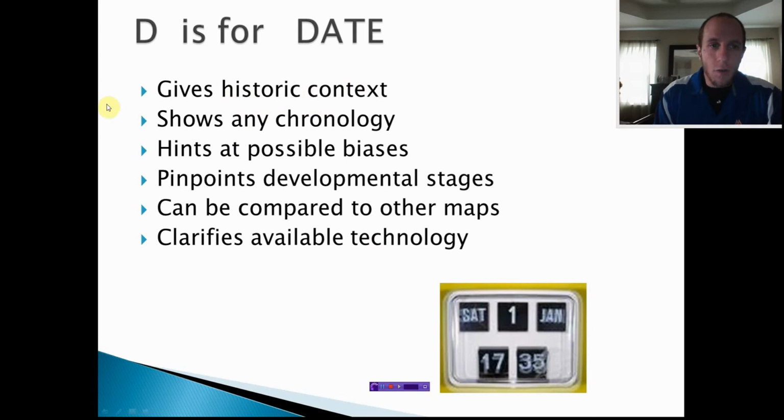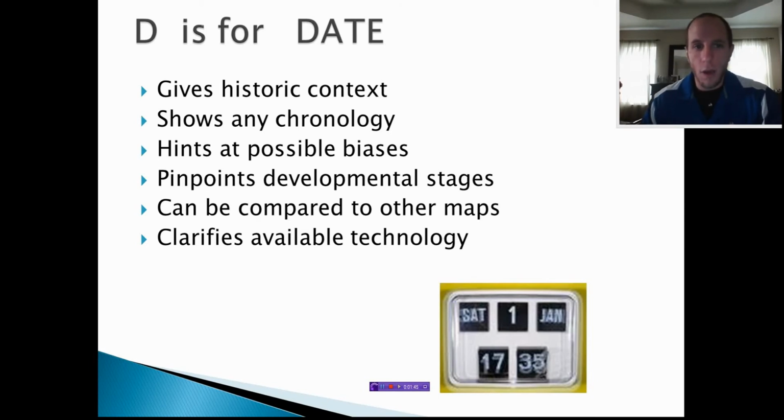Without historic context, you might be looking at a map or information that is actually really old and no longer is pertinent to what you're trying to study. For example, we're going to learn in class how a lot of political boundaries changed and moved over in Europe. New countries were added in after World War II, and even today, in some countries like in the Middle East, and very recently in Eastern Europe, you see new countries being carved out in the last 20 years in places all over the world. So it's very important that you understand the time frame in which your map is trying